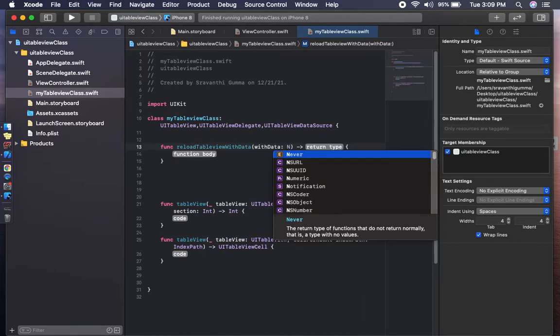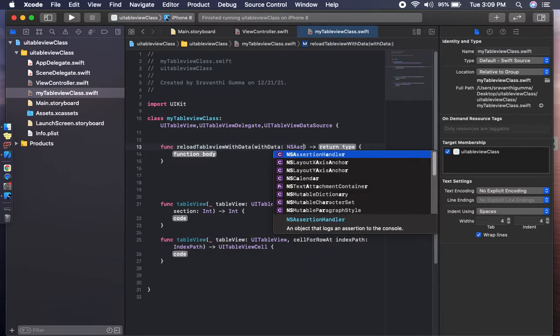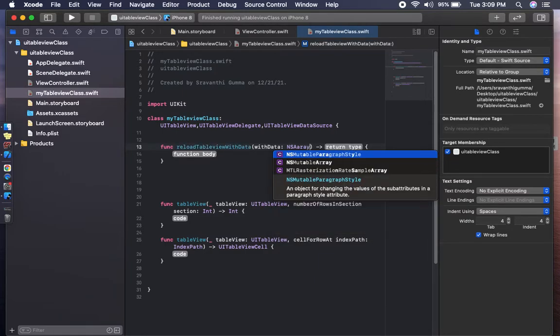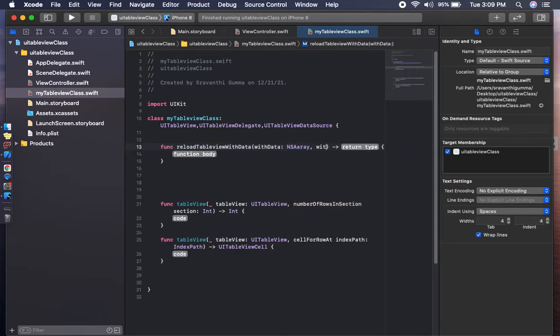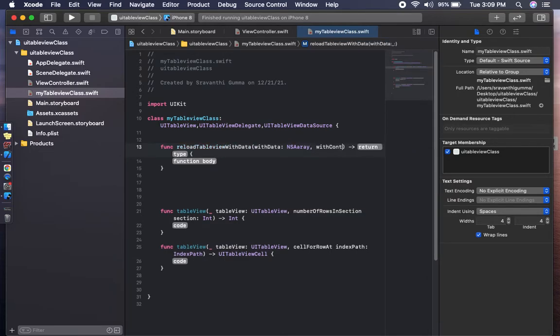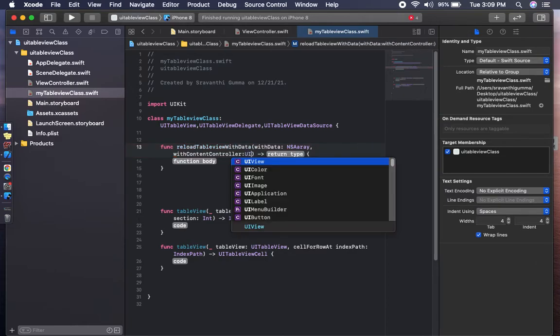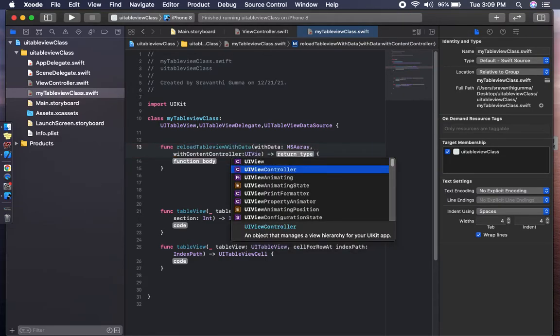We are passing the array by using the NSArray method, and with content view controller. We are passing the data from which controller we are giving, like UI view controller.